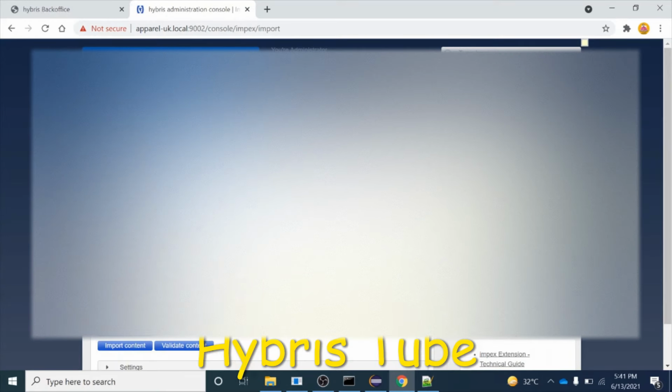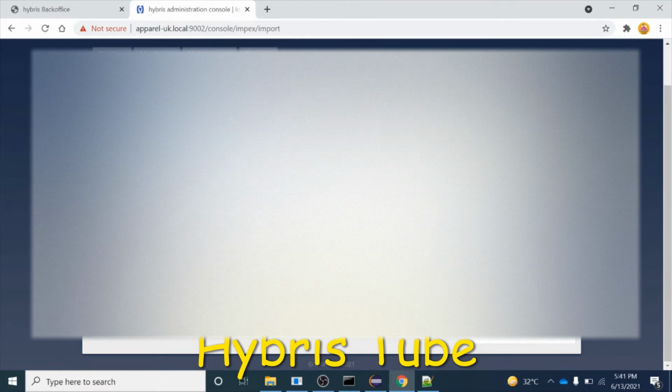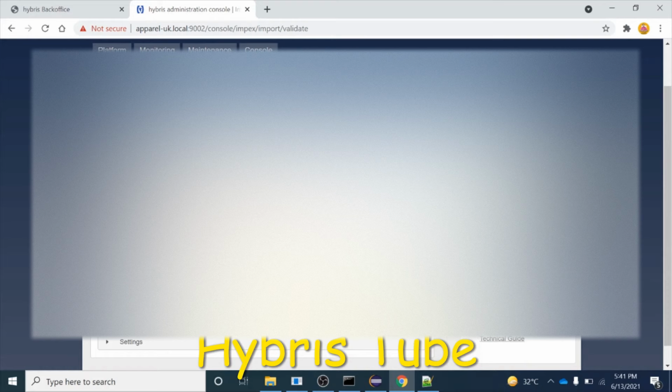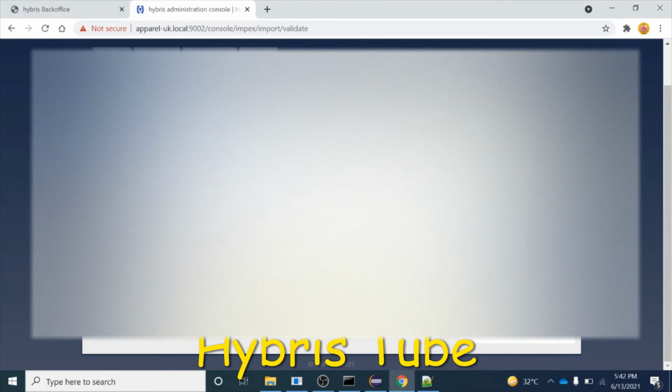You can see this is the ImpEx. I will click on validate content, and you can see it shows the message script is valid. Then I will click on import content.